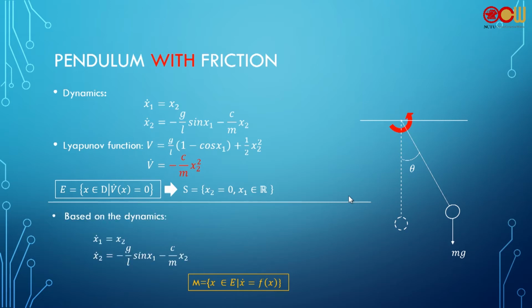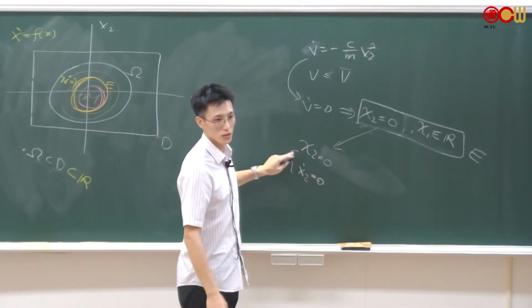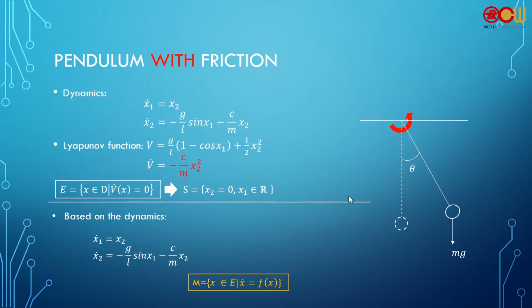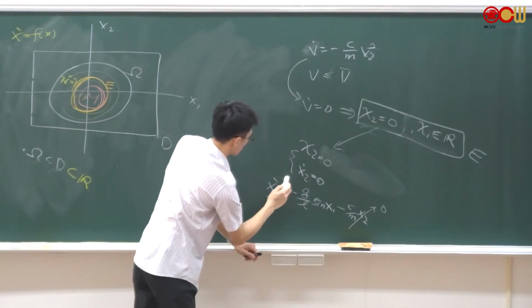The next thing you can do is go back to the dynamics, which is this. We are now solving for the solutions. We just use this dynamics. So based on this condition, x2 will stay at 0 forever. If x2 stays at 0 forever after some time, this implies this. And you substitute back to here, the second equation. This is 0. From the second equation, x2 dot is 0.